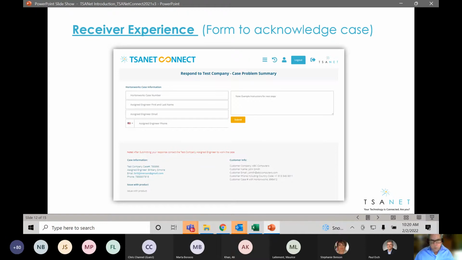I'm going to call you. We're going to do this by email. Let's open up a Slack channel or a Teams channel, and here's the link. However you want to do that is what you're going to put into the notes side, because after you submit this back, it's going to go directly back to the engineer that submitted that support request. And then that's where TSANet is going to record this information,